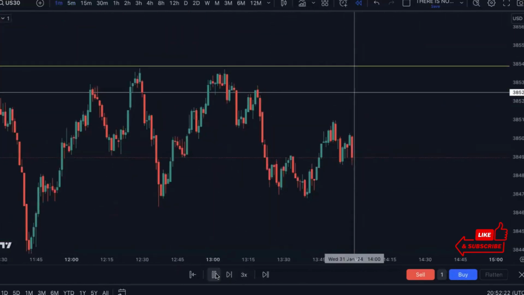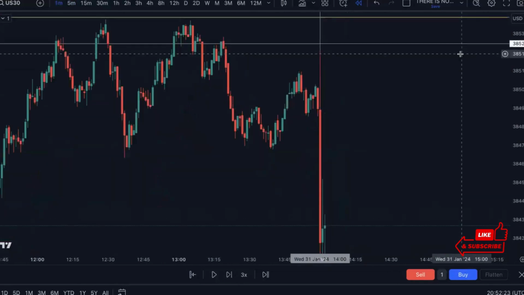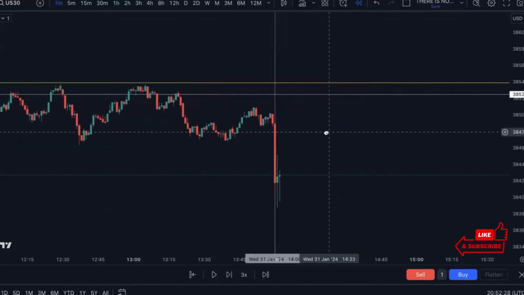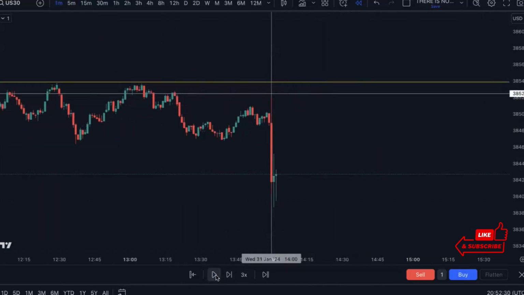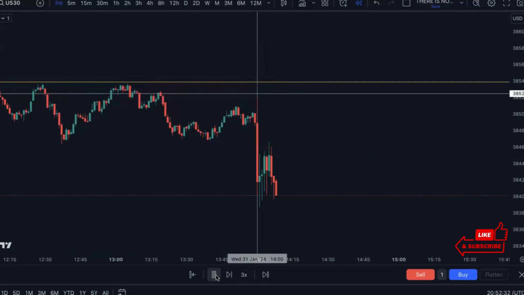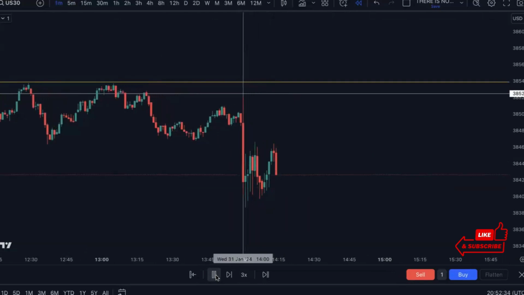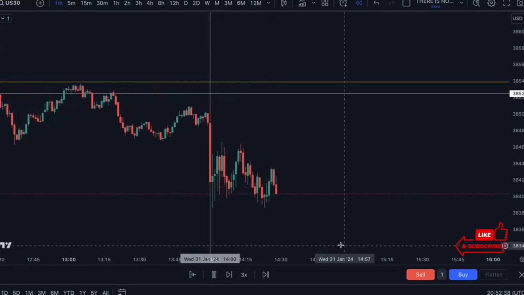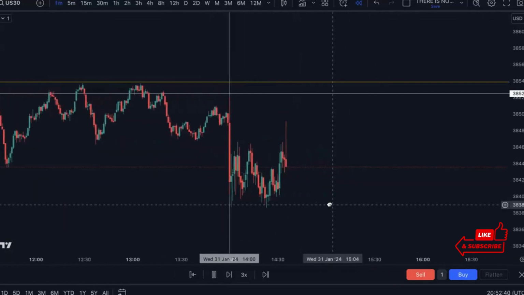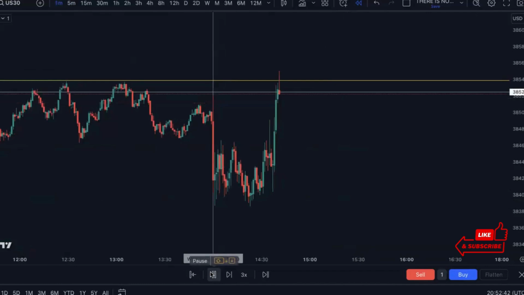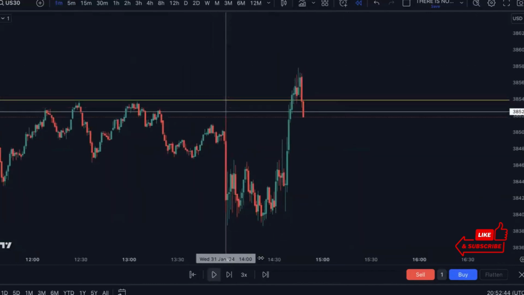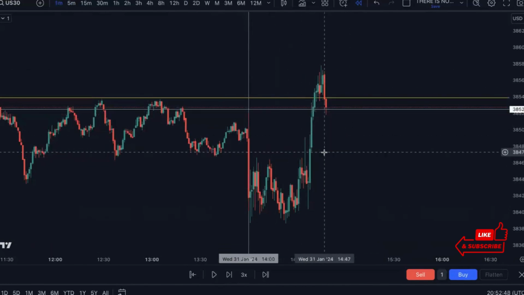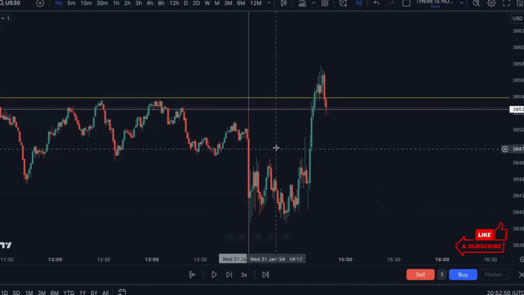And let's check it out at 2 p.m. At 2 p.m. we got that big dip down. That was at 2 p.m. And let's see what happened after that. So we got traders who started to sell immediately as soon as the Fed Powell started speaking. And I want to say that the market had come back up again. And that was where a lot of traders probably more than likely got wiped out when they sold at 2